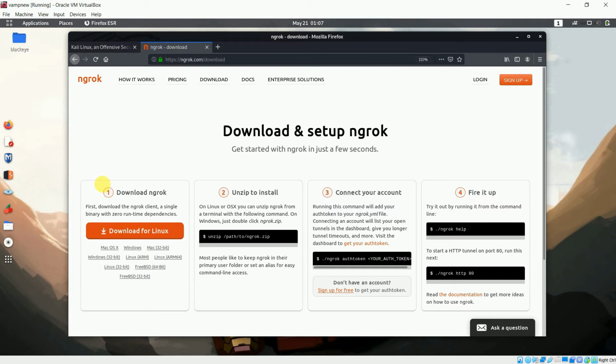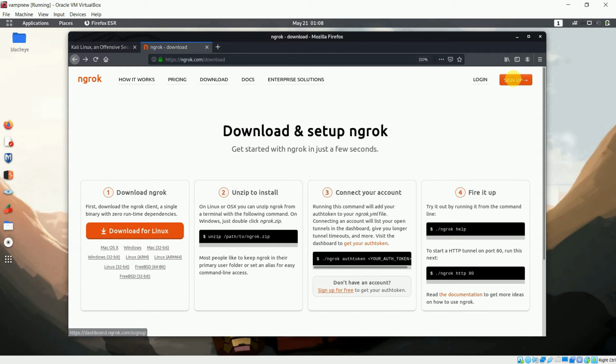It's ngrok.com/download, and here are the steps through which you can download, install and configure it on your Kali Linux. If you see the first step, you have to download ngrok, and then you have to unzip it. And the third point is very necessary. See here, you have to authenticate yourself. In order to authenticate your computer to ngrok, you have to sign up here. You have to create your account, and after creating your account they will give you an auth token. This token is used to authenticate your server to the ngrok server. Start with the sign up procedure, and after that we will download it and unzip it.